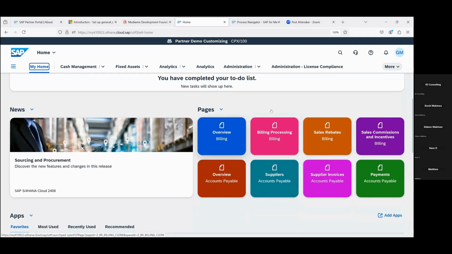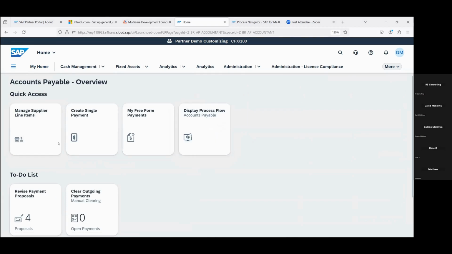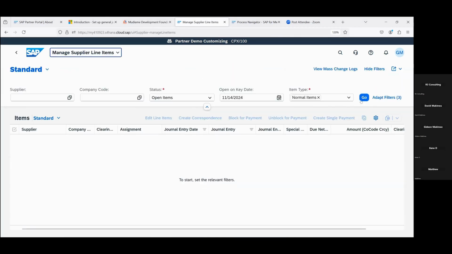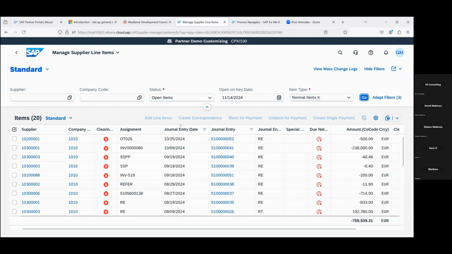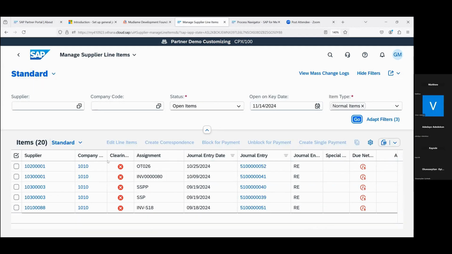And for instance, I can go and see my accounts payable overview, right? Here, you can have manage supplier information. And here, for somebody in procurement, this is very, very useful because you're able to see all your supplier lines, right?